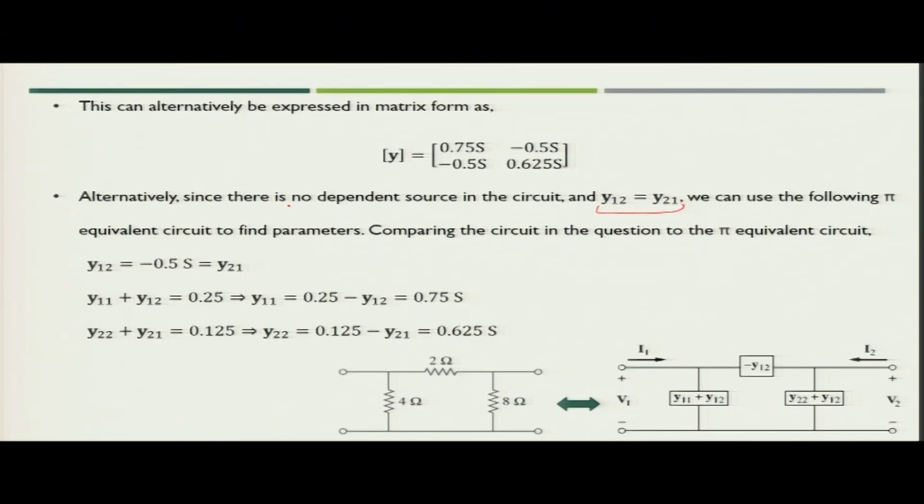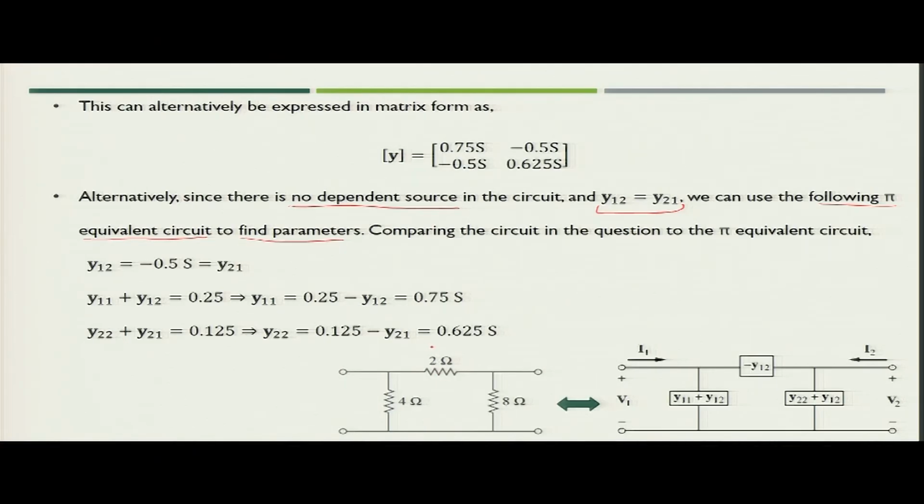Now, since we do not have any dependent source in the circuit, we can say that the circuit is reciprocal. So, in that case, what we can do? We can use the pi equivalent circuit to find the parameters directly. So, if you compare the given circuit with the pi equivalent of the circuit, what you can now figure out is that the value of y12 is nothing but minus of